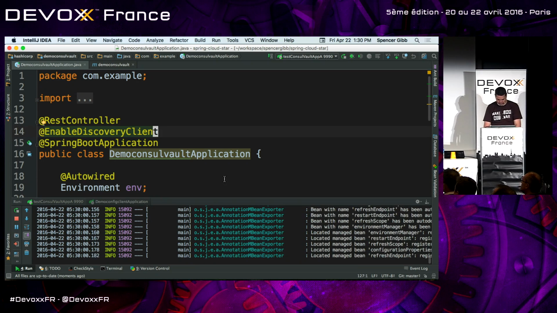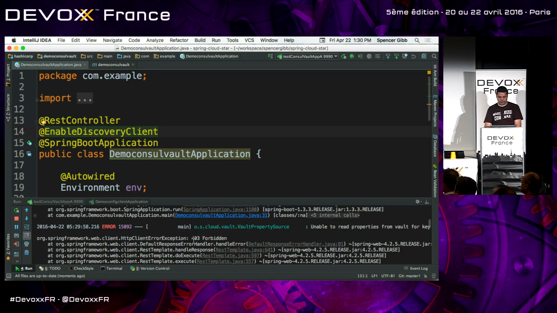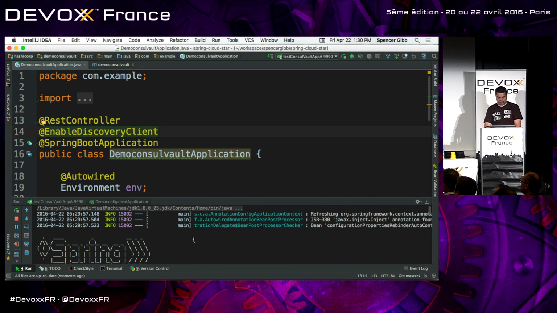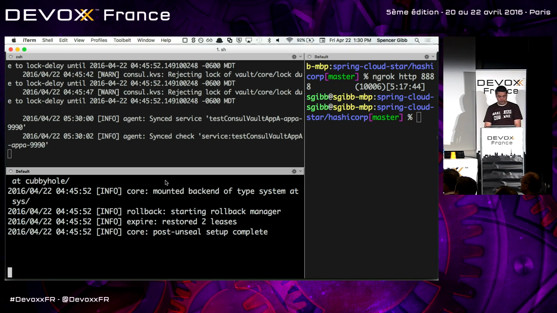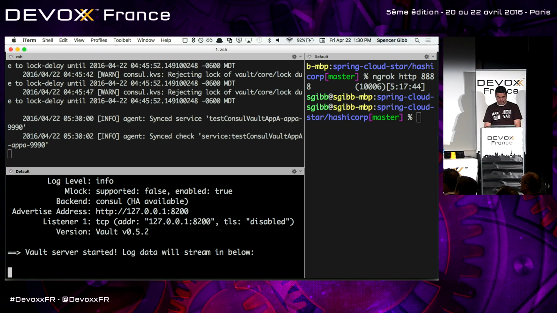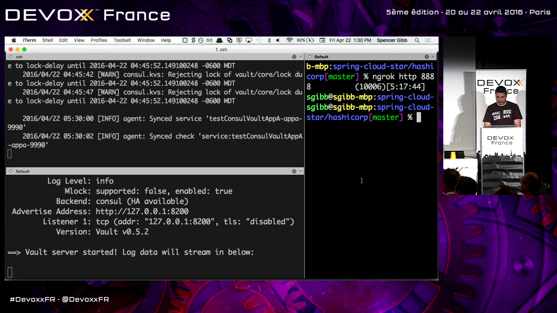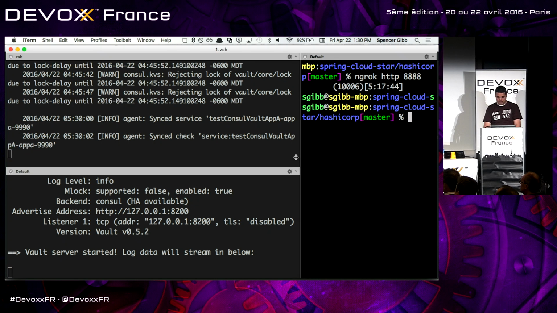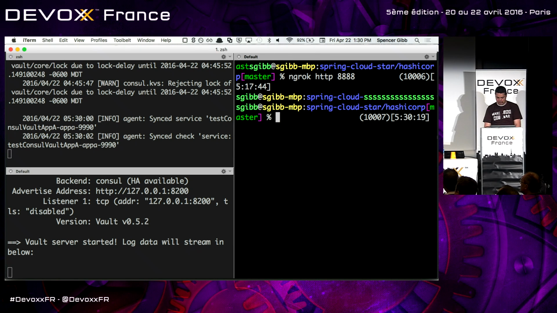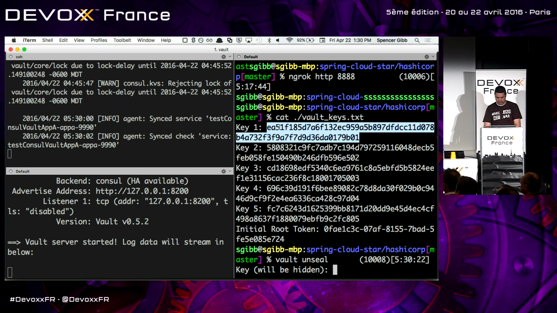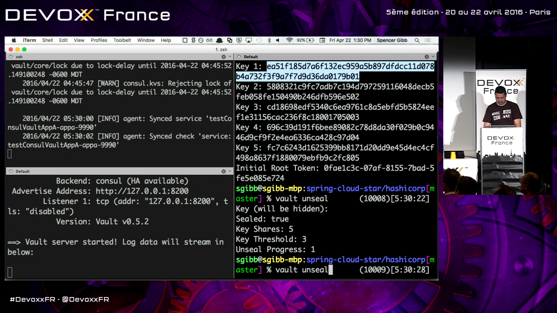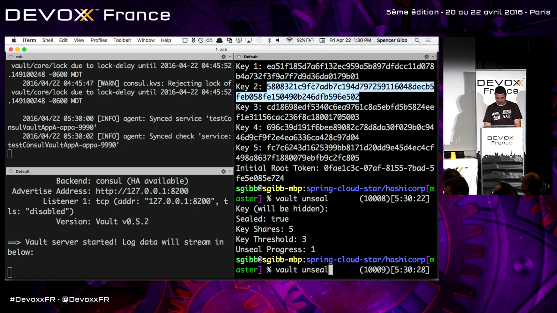Something failed. Let's see how these things go. So I think what has happened is that when my laptop went to sleep. So Vault is an interesting thing, it requires you to unseal it using 3 different keys.